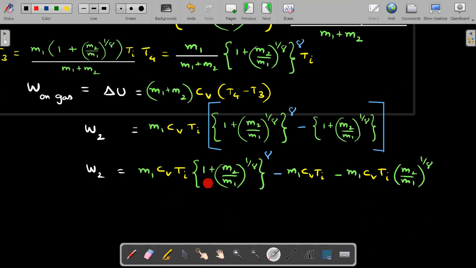So this term separated, this term minus 1 here you could see. So I get this as it is, and this term to this term, I'll end up getting this. Okay, so there are 3 stages, but only 2 works: first stage work W1 and third stage work W2. Let me paste the first work and second work in the next page to add them up.